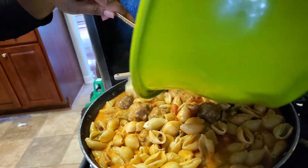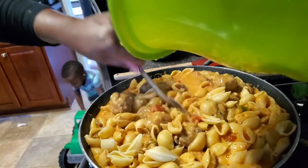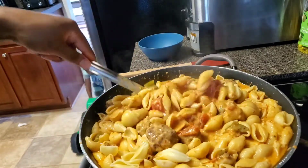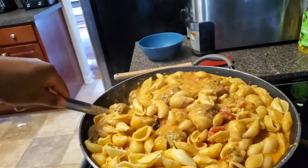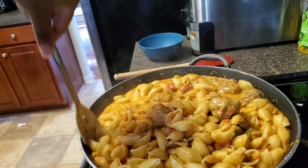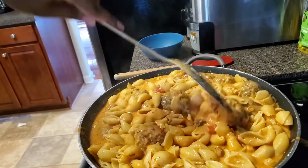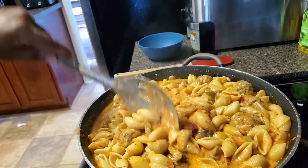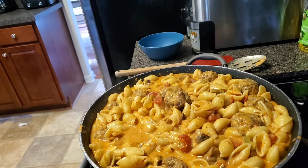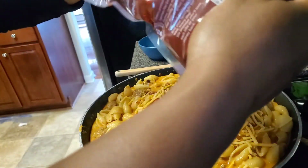Doesn't it look delicious? I'm going to add just a few more noodles. Doesn't that look delicious? Oh, it looks so good. It smells so good. And now I'm going to top it off with just a little bit more cheese. Yes, you heard it. You can leave it at this point and stop if you don't want more cheese, but